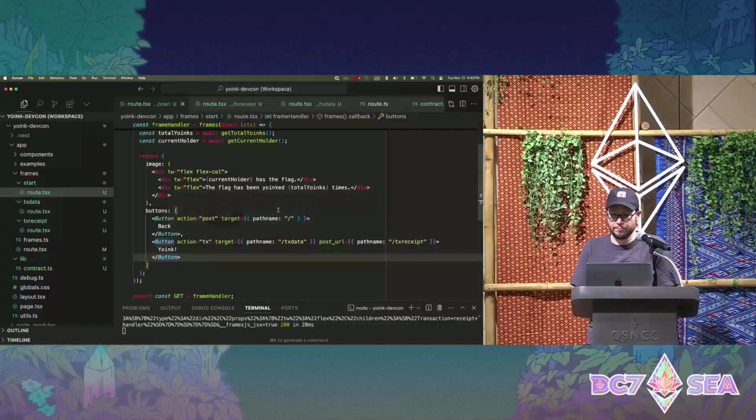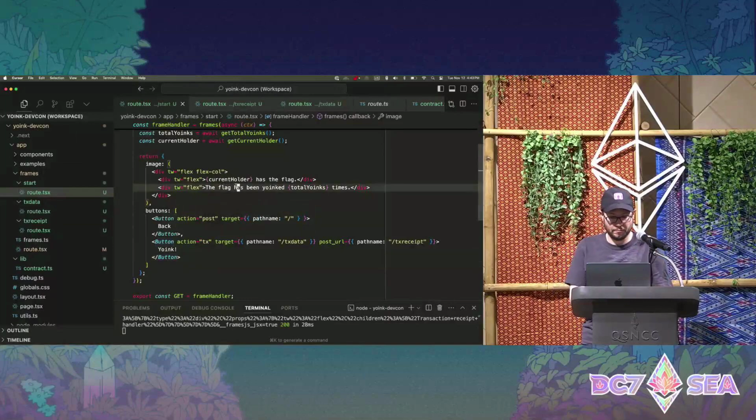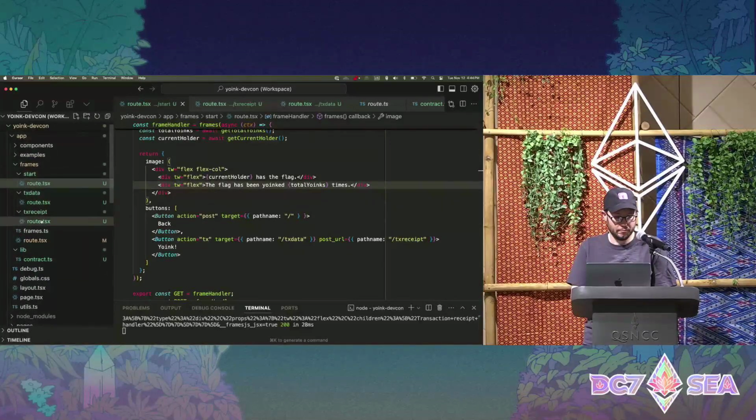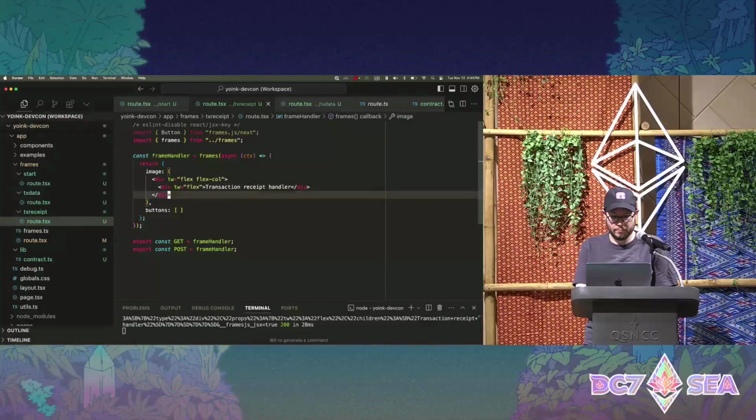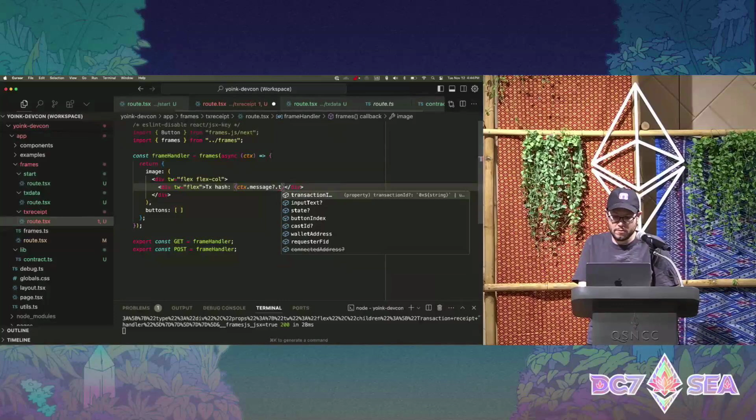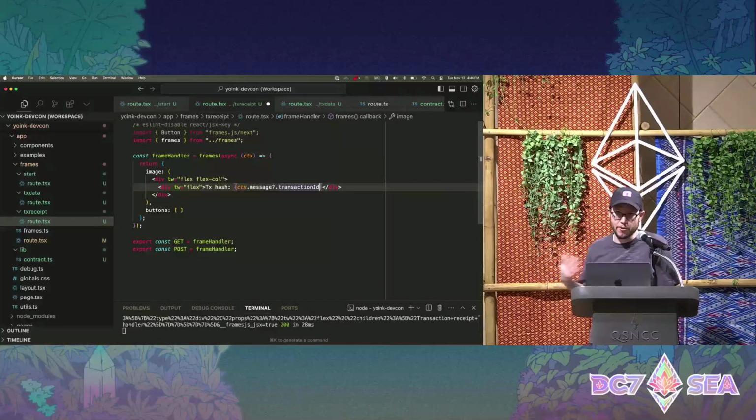So let's build that out. So inside our context, when we're handling a transaction callback, we can access the transaction ID, which is just a generic name for like the transaction hash. We designed this because we may do Solana transactions or other types of transactions in the future. So in the EVM context, this is just the transaction hash of the transaction that was triggered.